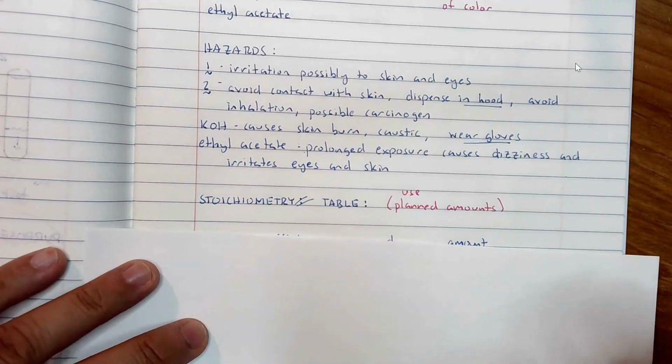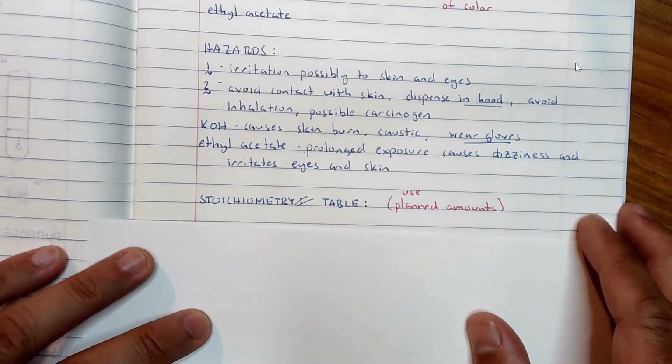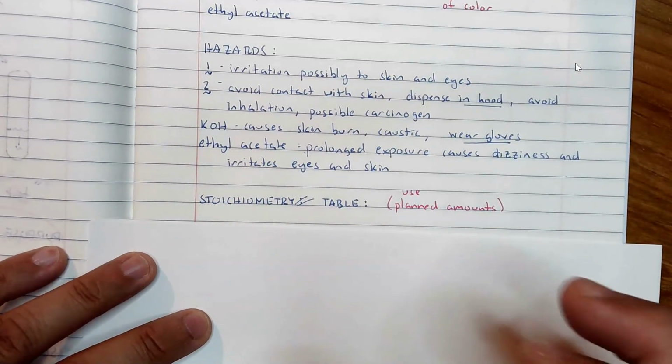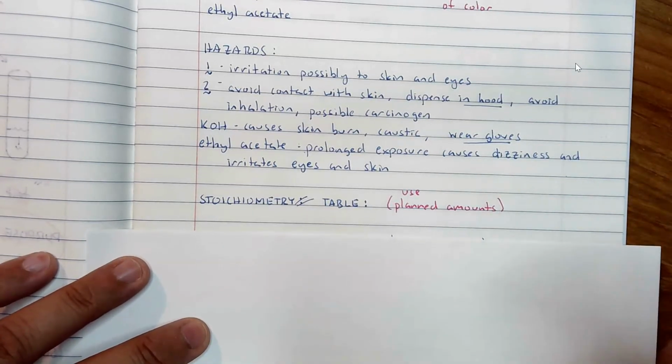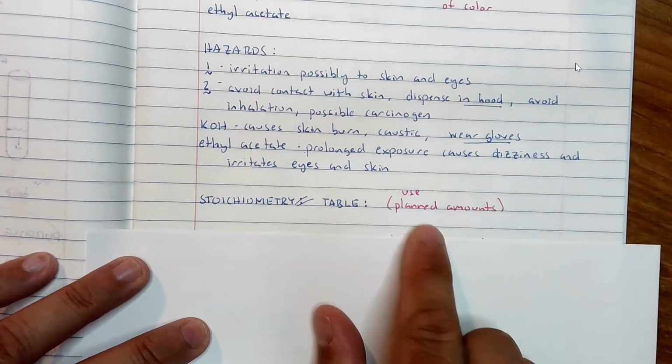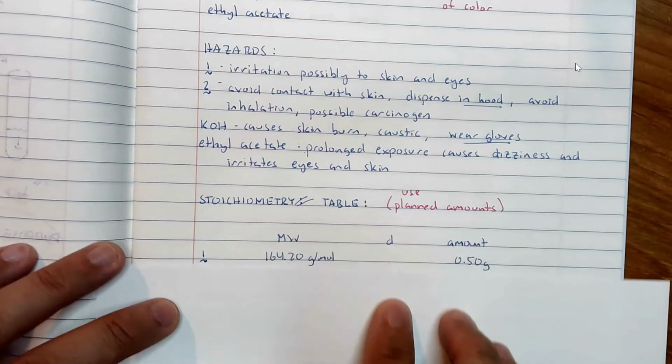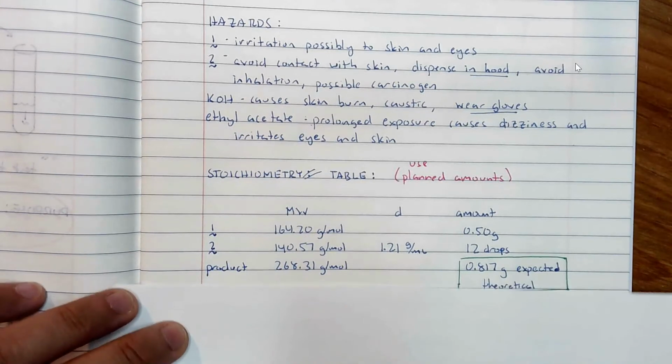Okay. Next, and most importantly, I think, is the stoichiometry table. And you're going to fill this all out even though you haven't measured or weighed out any chemicals before lab. So you're going to use the planned amounts. And the other thing is,